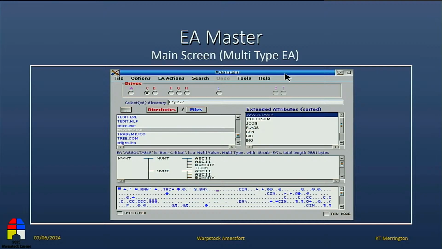This is the ASOC table, association table, EA, and what you see is a multi-value, multi-type, which has in it multi-value, multi-types. And in fact, an ASOC table has 4 EAs in each EA. And you have maybe more, because as we know, you can have more associations to a file, for example.